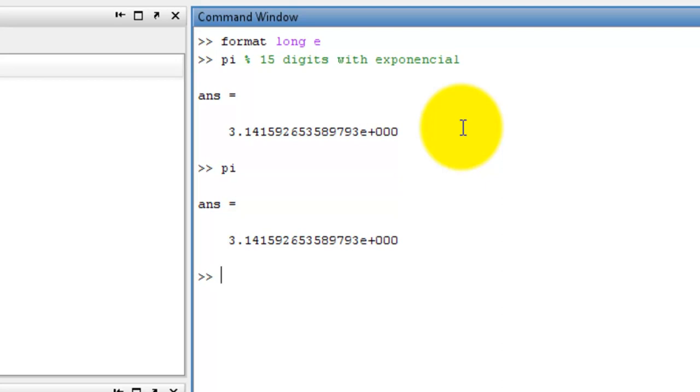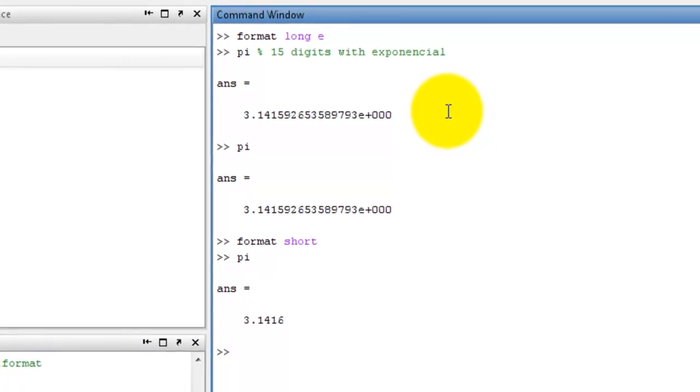Now again format short, pi, 3.1416. Value of pi in format short is 3.1416, by default 5 digit. Okay,